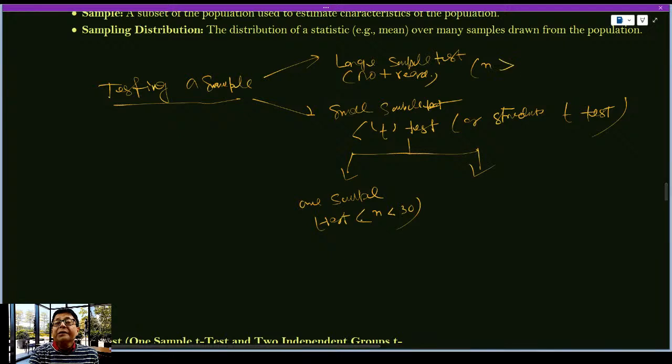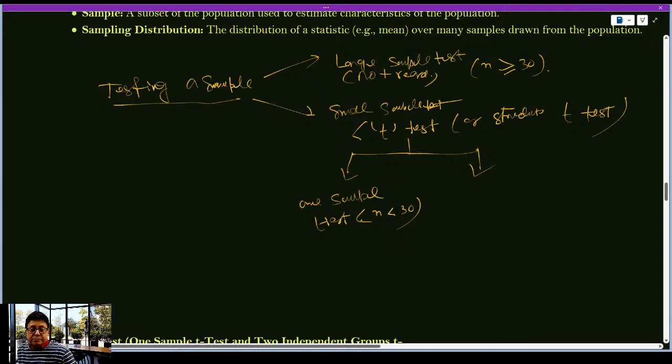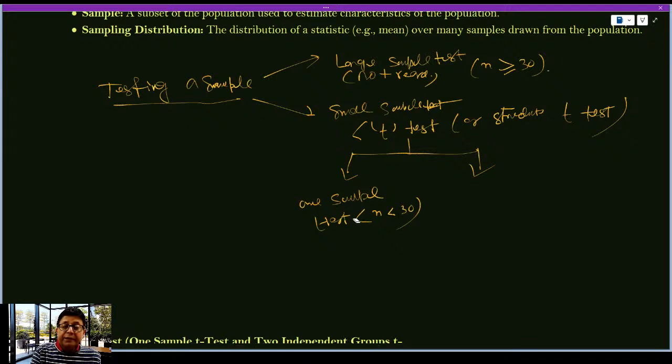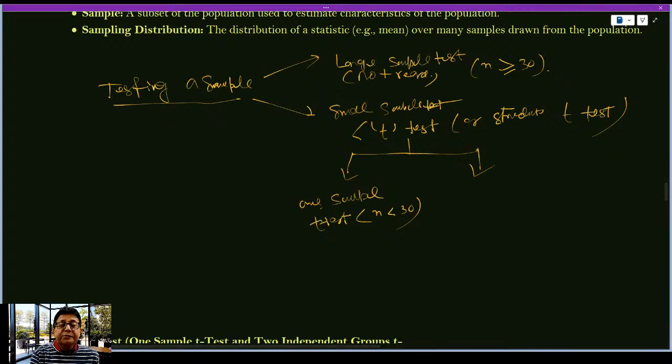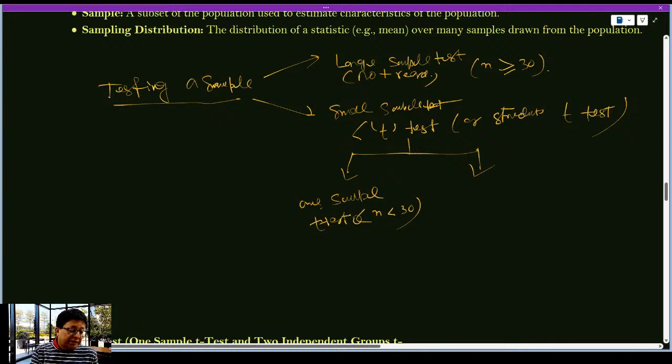This is for large data, but n greater than or equal to 30 means you have to stop working. So the one sample t-test will be done if n is greater than 0 and less than 30. We can do